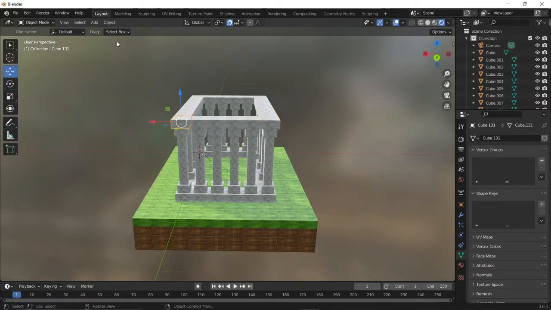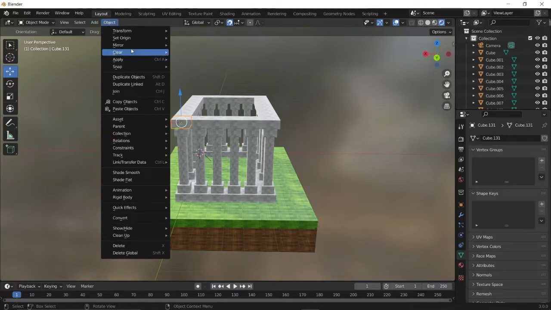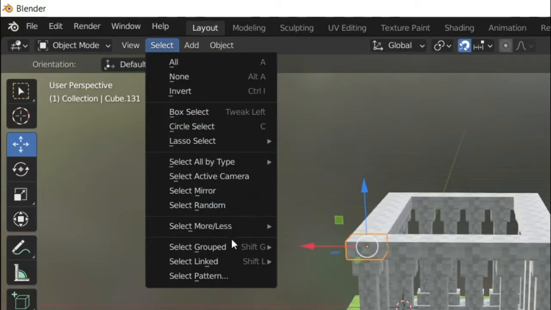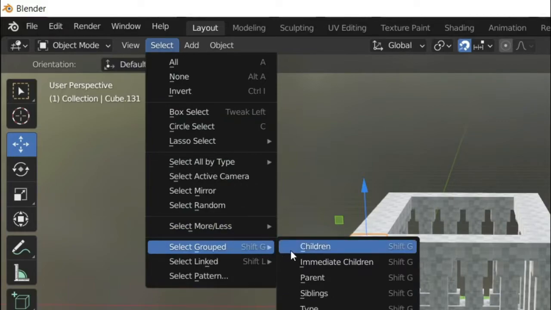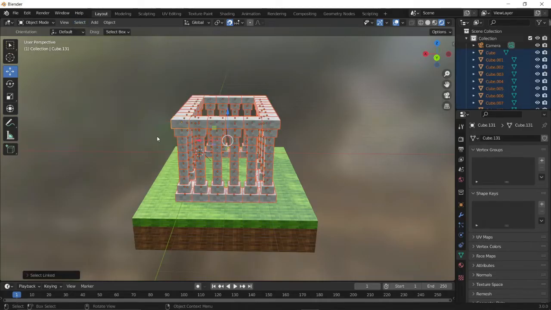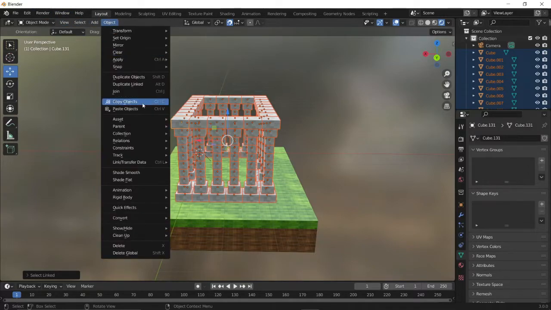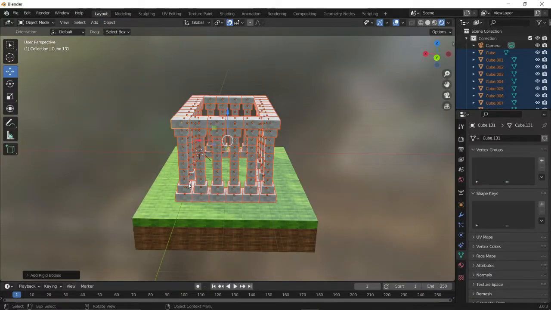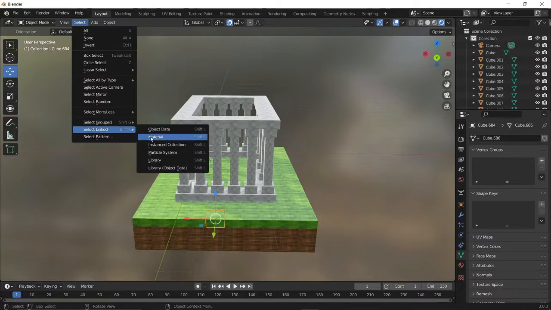I just gotta make everything like in motion. Just watch carefully here. Go on select tab and select linked. Now go on rigid body and turn on active.